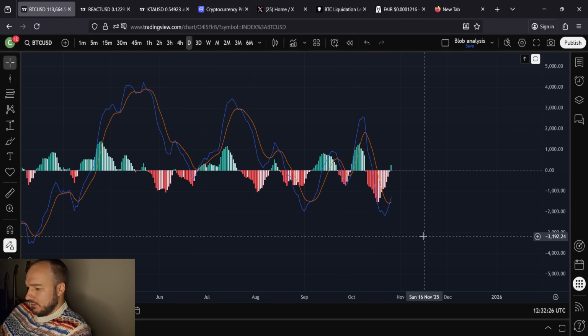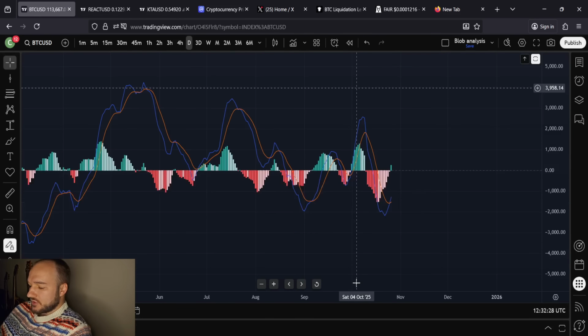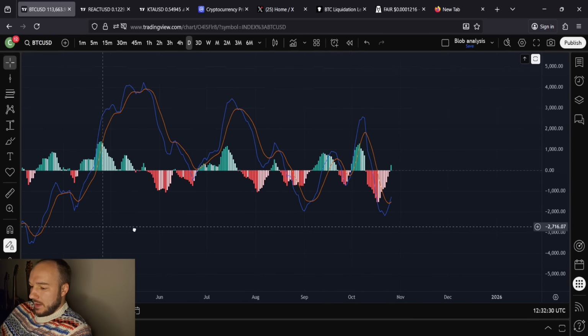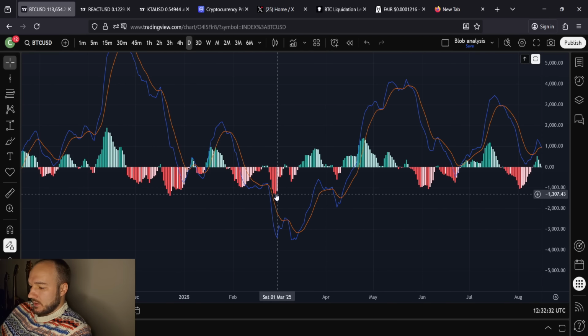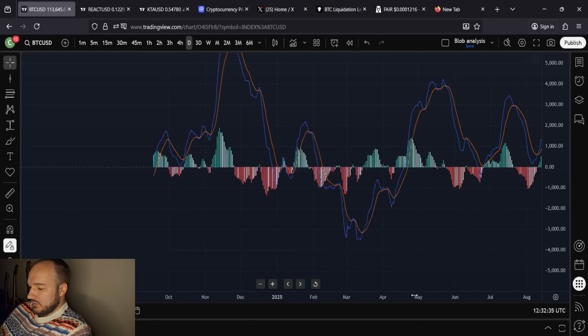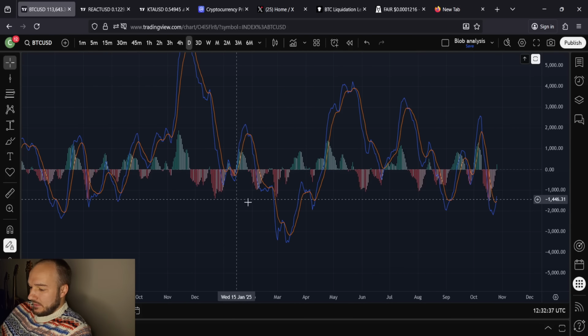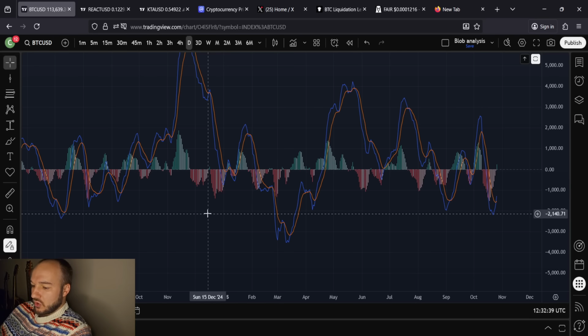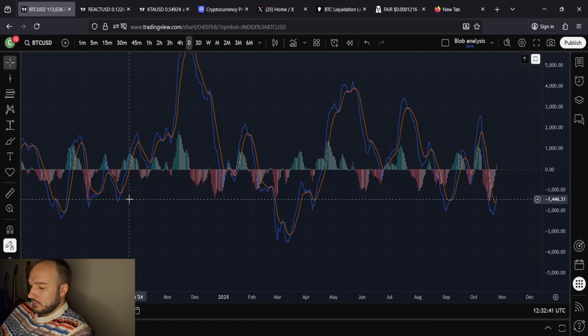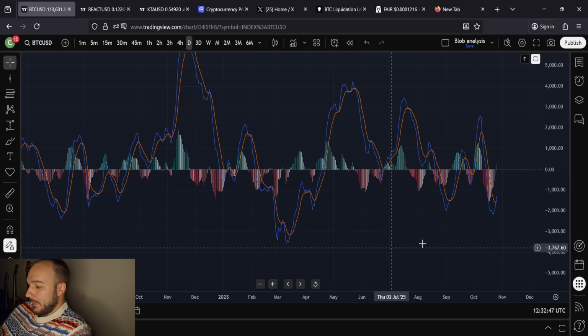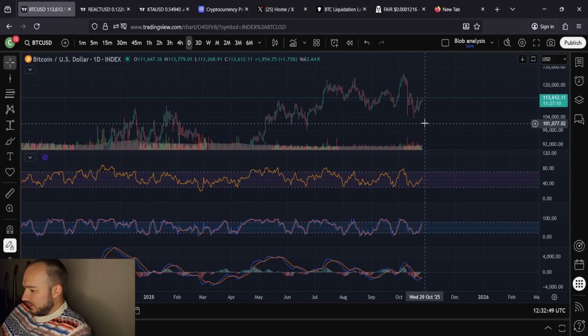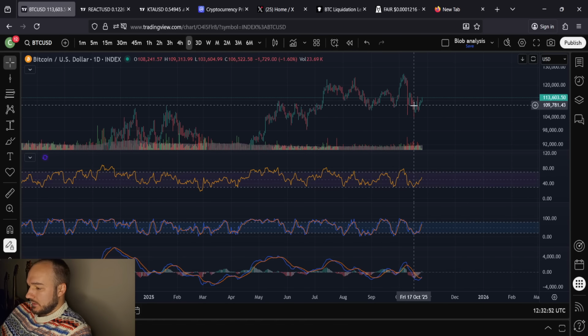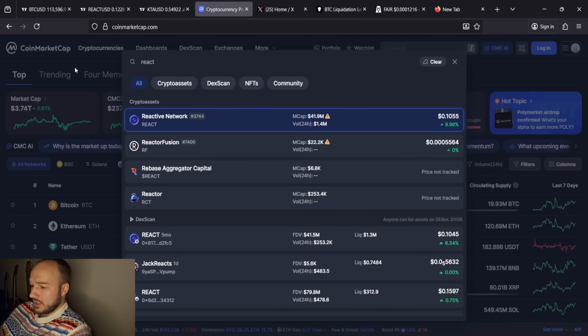MACD's crossing green, love to see it there. Again, some of the weakest readings on the histogram on the MACD that we've seen, dating back to earlier parts in 2025 and even 2024. We haven't seen this low of a reading in the histogram, I think, this whole bull cycle. The closest one was back here in August of 2024, which was a low point, right? August 5th, that was a low point. So we're definitely in good areas to accumulate, let's just say.